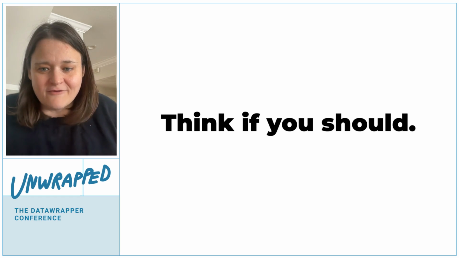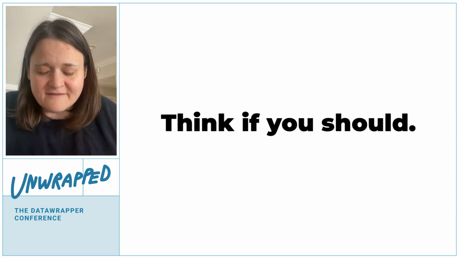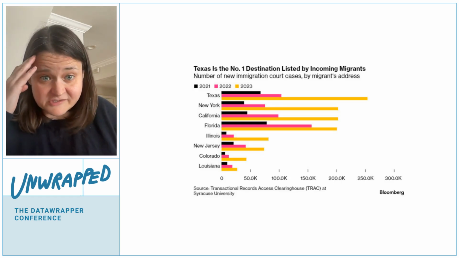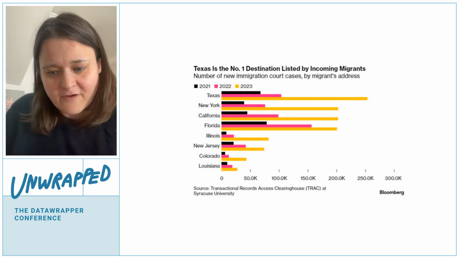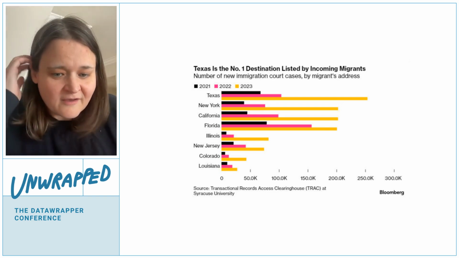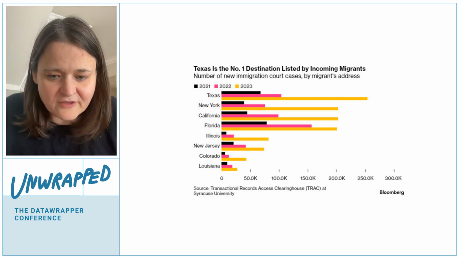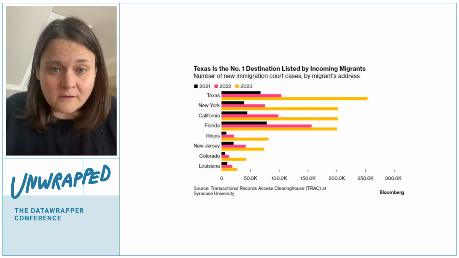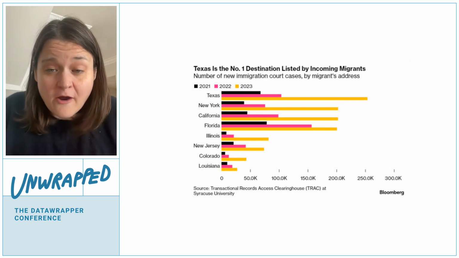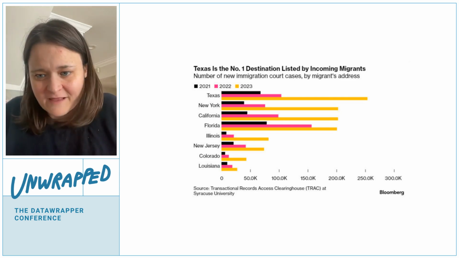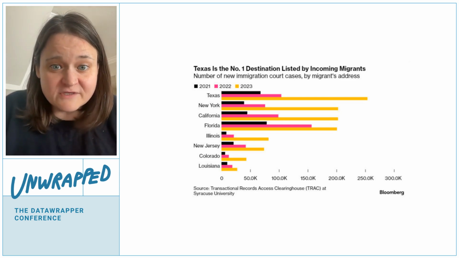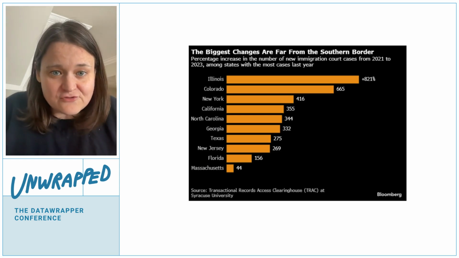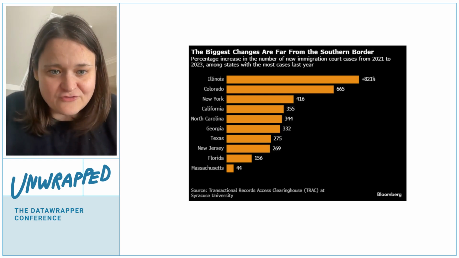So for example, the Bloomberg charting tool, I think, encourages people to make a lot of charts like this. This is a chart of how many migrants have new court cases in various parts of the United States. It's a chart that it's hard to extract a pattern out of. I looked at this chart recently and said, what are we actually trying to say with it? Can we just tame this chart into something that has an actual point?